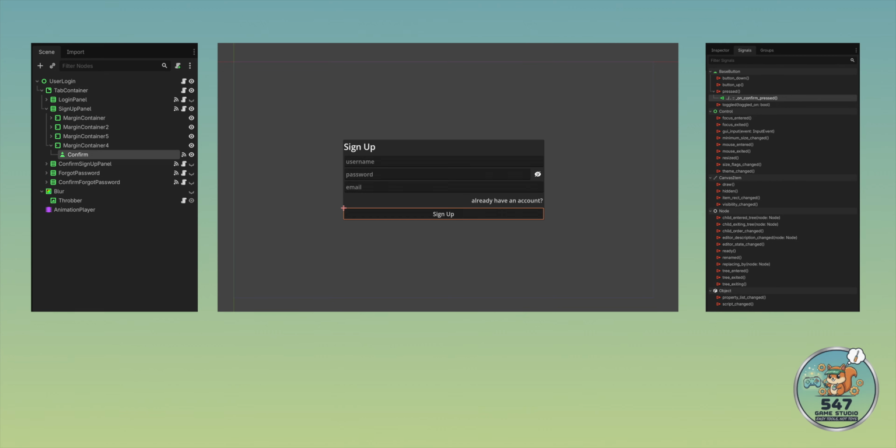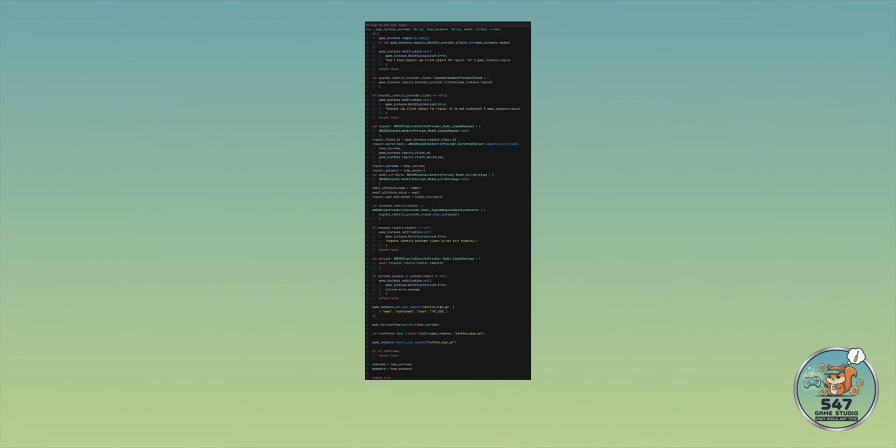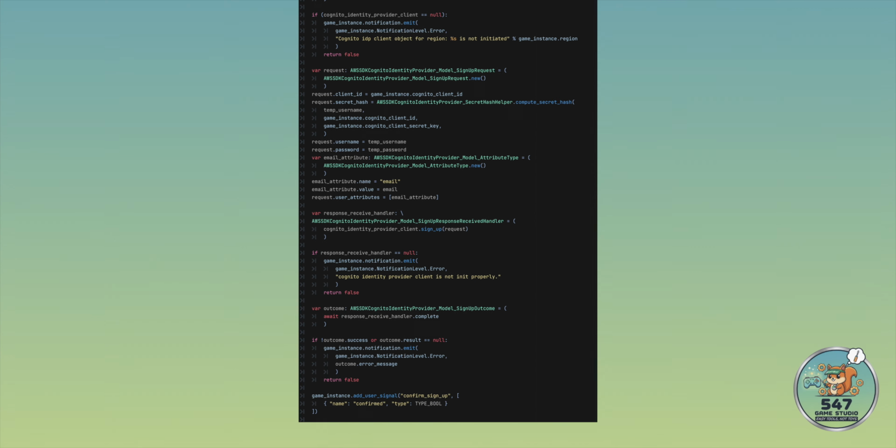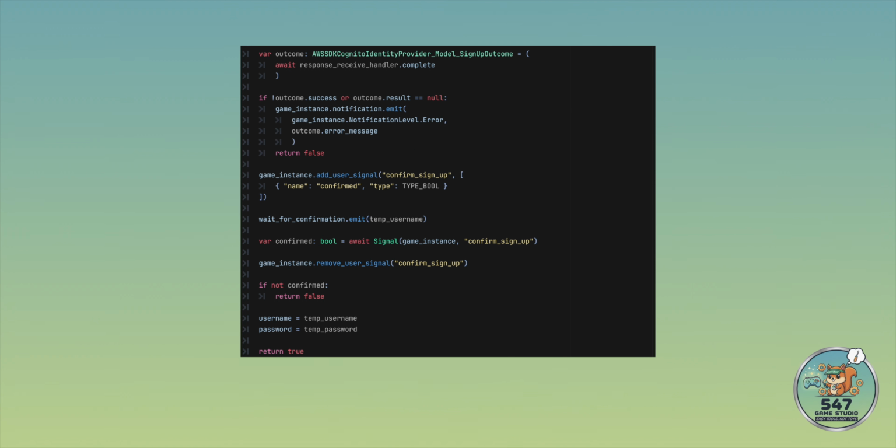When a player clicks the sign up button, the _sign_up function is called. Similar to the login process, _sign_up calls sign_up on the client using the username, password, email, and secret hash, awaiting the response received handler's complete signal. Upon a successful request, AWS Cognito sends a confirmation code to the player's email. We then register a